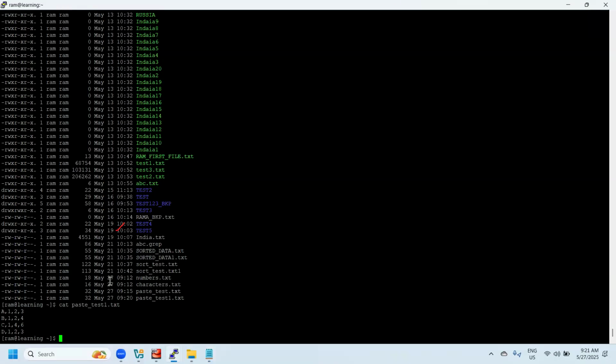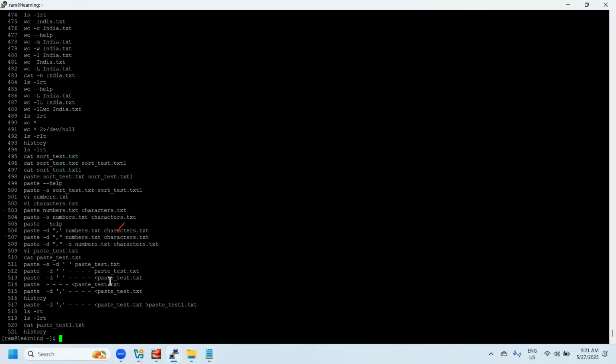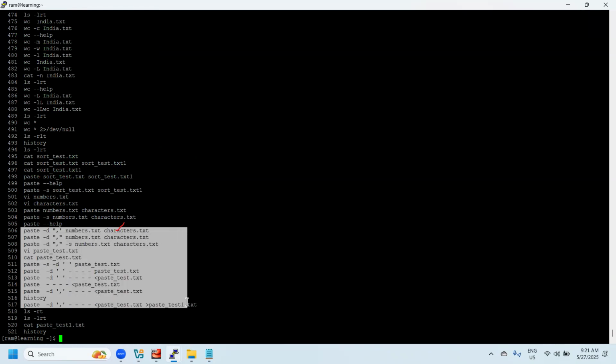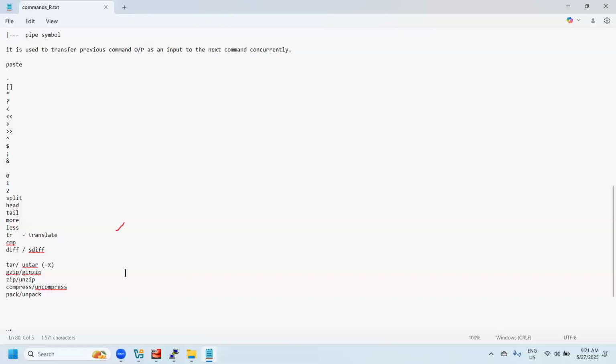The options of the paste command, just go with history. Then we can copy paste these commands. This will be really helpful for your day-to-day operations. So now,